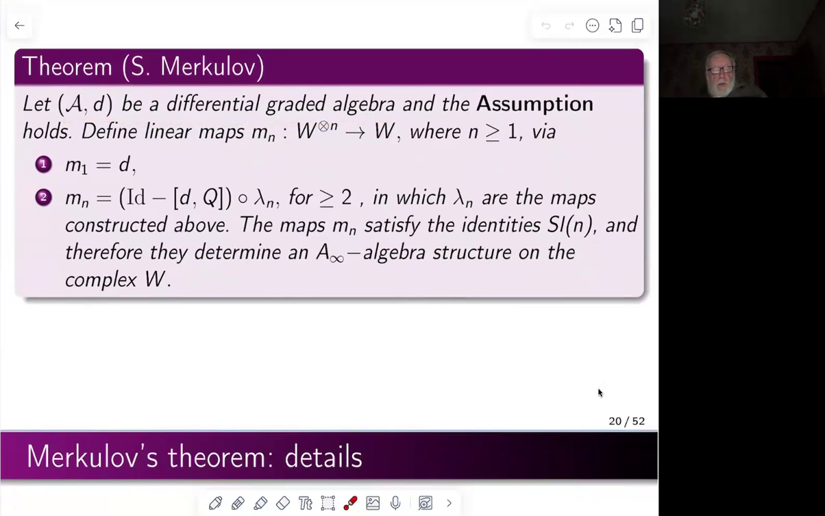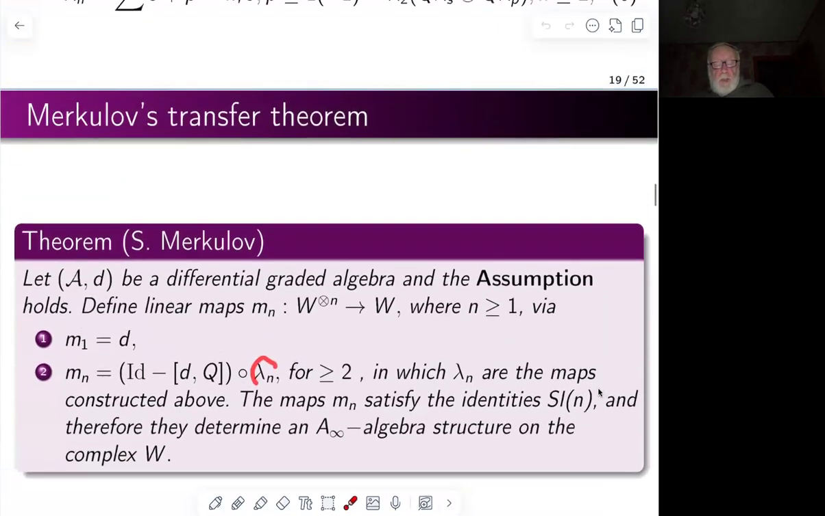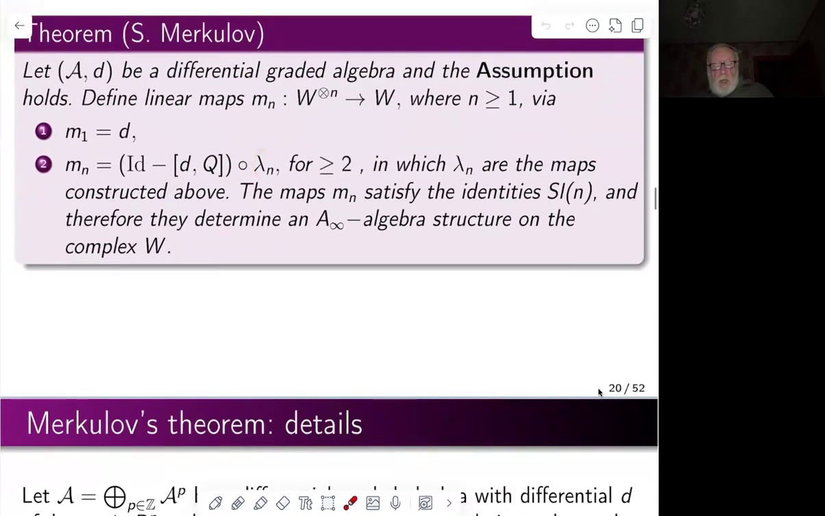The first, mu1, is the differential, which came from our initial differential of the differential graded algebra. And mu n is just a composition of lambda n, which exists by assumption, and this identity minus dq. So it's a kind of homotopy data. It looks like a part of homotopy data. So lambda is our